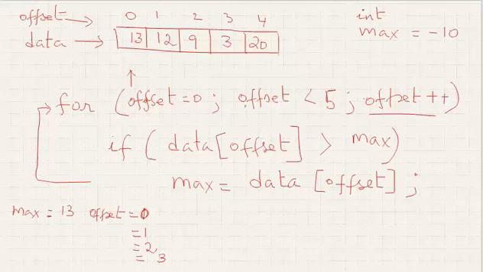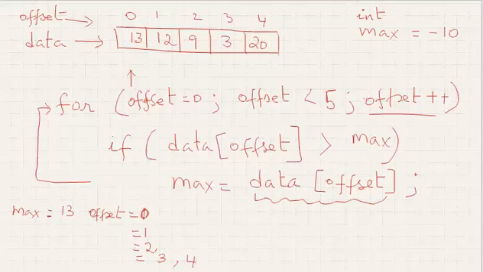3 less than 5, which is true, comes here. Data at 3 is what? It is 3. Is it greater than maximum? No. Again go back. Increment offset by 1. Offset becomes 4. Alright. So 4 less than 5, right? So data at 4 is what? 20. Is 20 greater than 13? You bet. So I change my maximum to